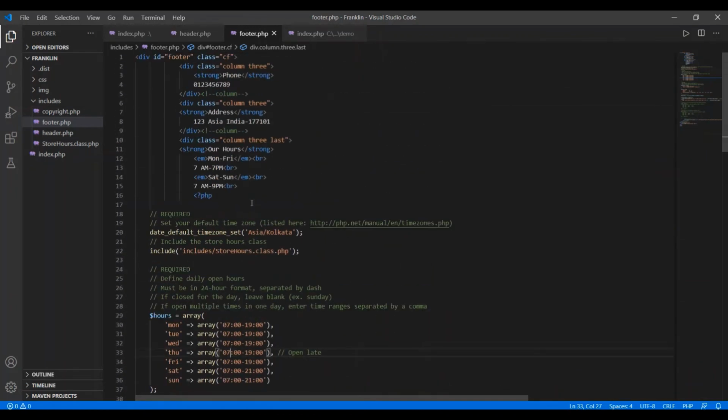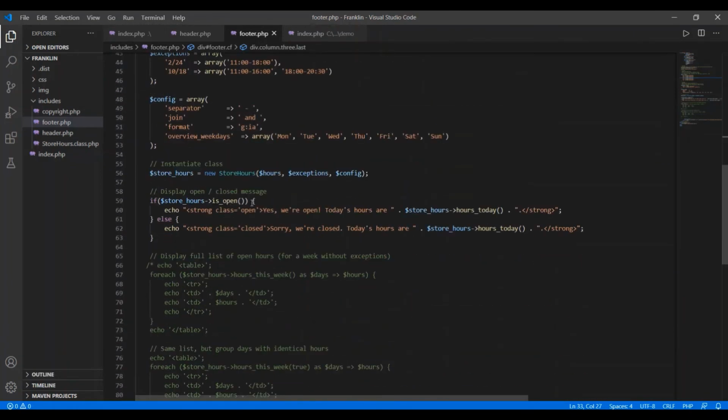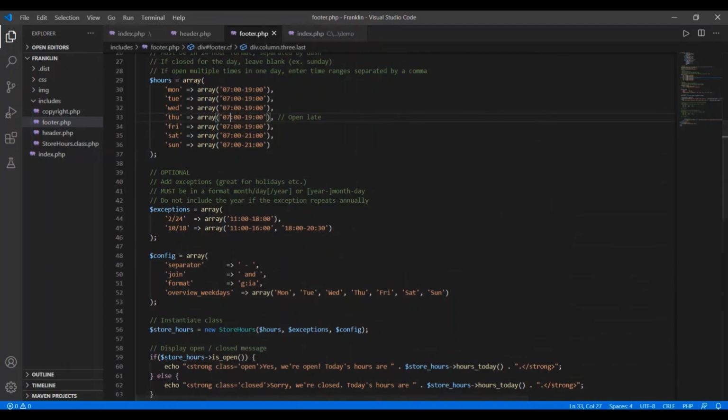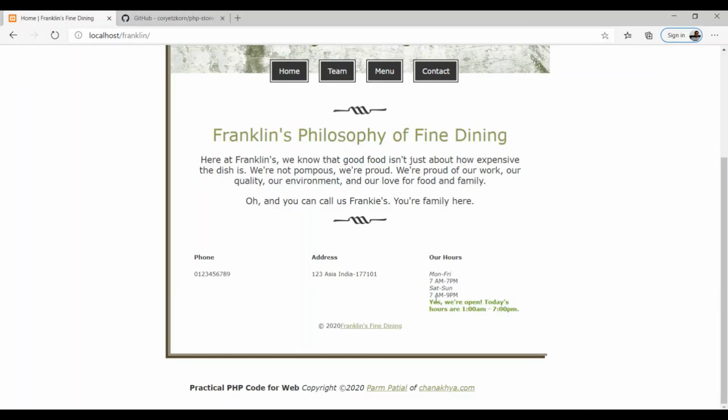Make it dynamic. Time of hours will be displayed to the visitor, whoever visits our website during these hours. So he will get the information automatically here whether we are open or we are closed according to our working hours of operations. So that's all for this video.